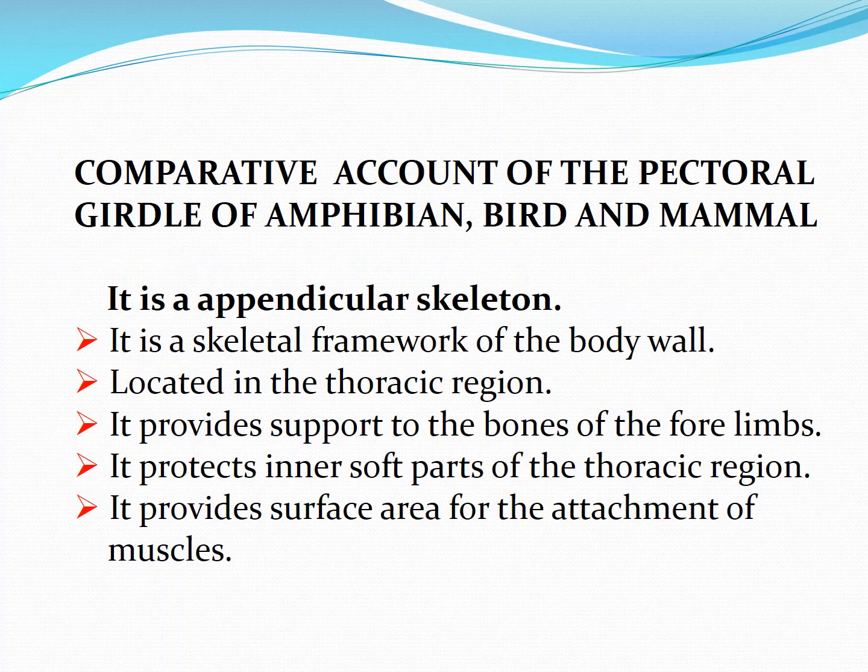Before going to the pectoral girdle, let us know about endoskeleton. Already you know that endoskeleton is the internal skeletal framework of the body present in all living vertebrates. Here, endoskeleton is anatomically divided into axial skeleton and appendicular skeleton. Axial skeleton is one having the skeletal elements on the central axis of the body, for example, skull and vertebral column. Similarly, appendicular skeleton is one having the skeletal elements on the transverse axis of the body.